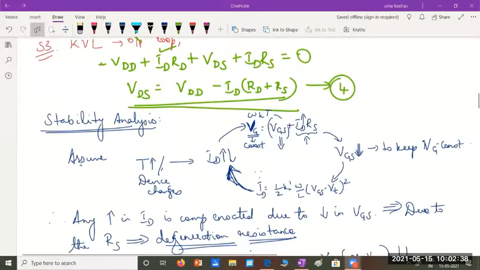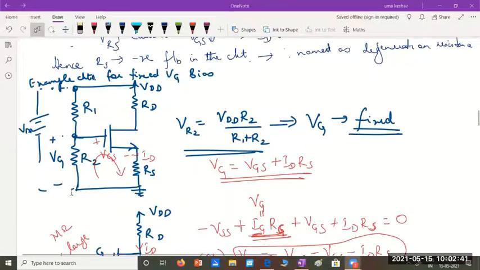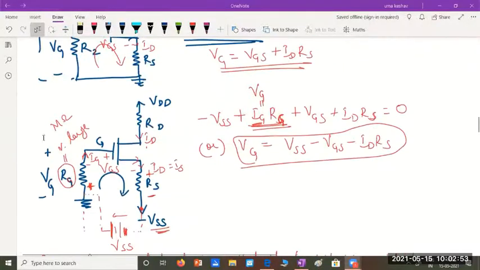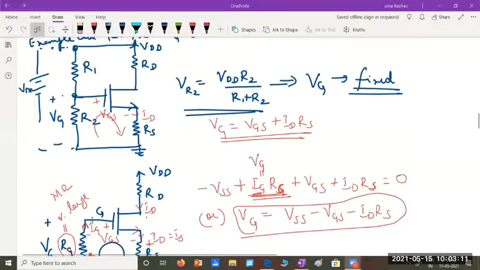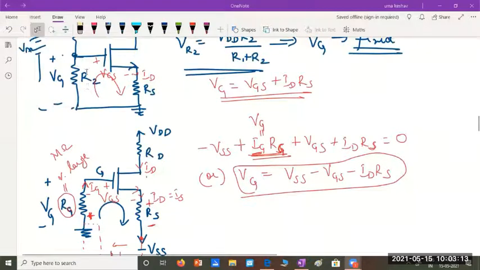Okay. So fixing this VG would be done. I showed you different methods of fixing. You can fix this gate voltage either by using a voltage divider across this VDD, R1, R2, so that the voltage across R2 will act like the fixed VG. And you can also use a single resistor RG and connect the negative power supply, minus VSS, another DC power supply, to this terminal so that you can fix this voltage VG.